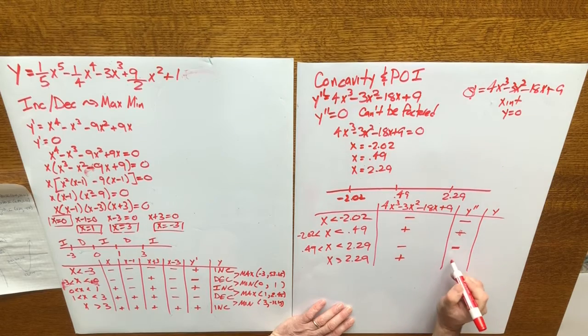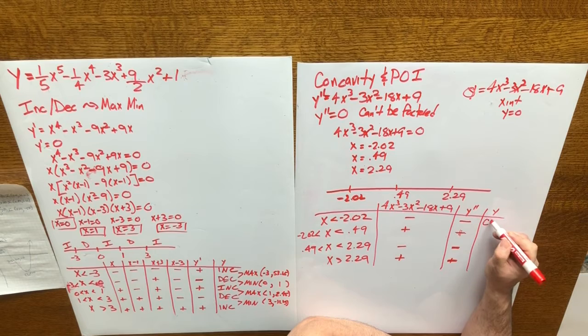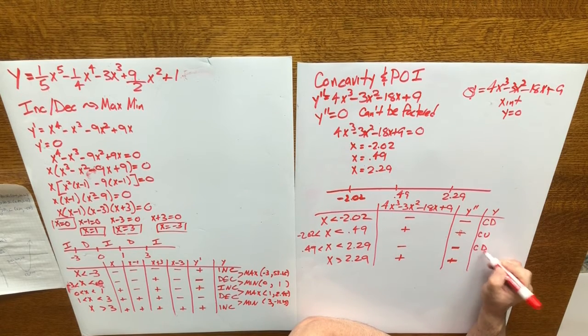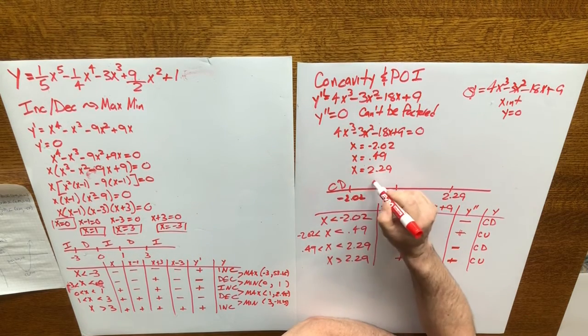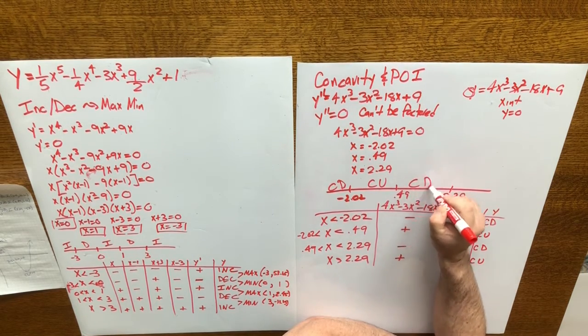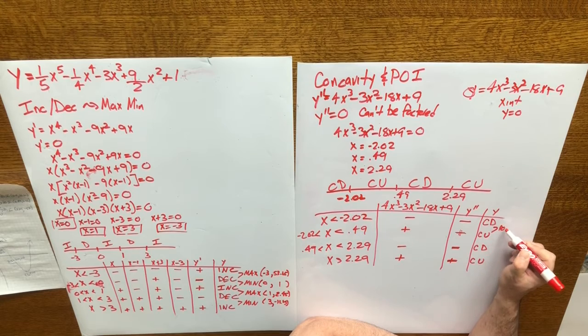Positive, negative, positive. And that suggests about the function that you go from concave down to concave up to concave down to concave up. So concave down, concave up, concave down, concave up. And that creates points of inflection, POI,